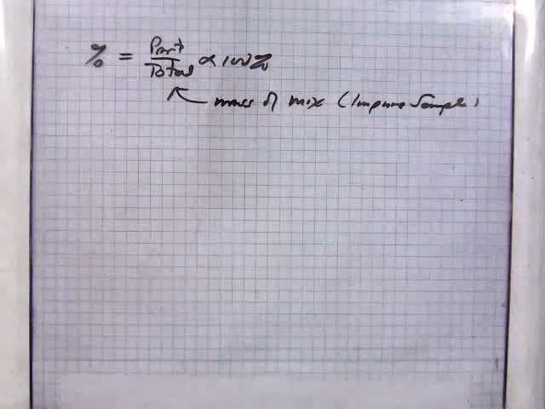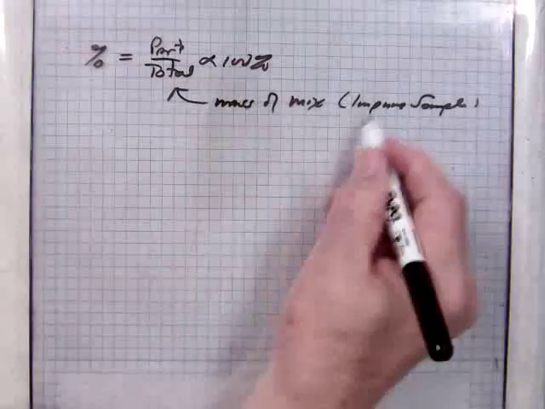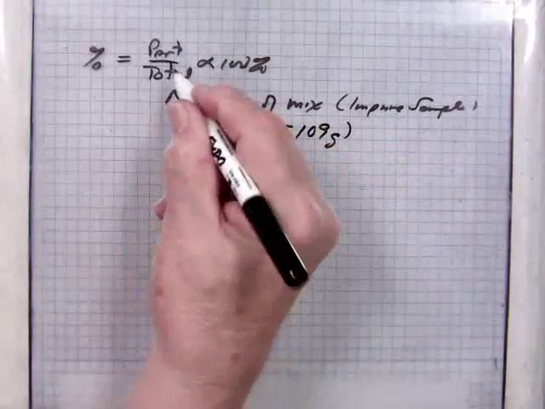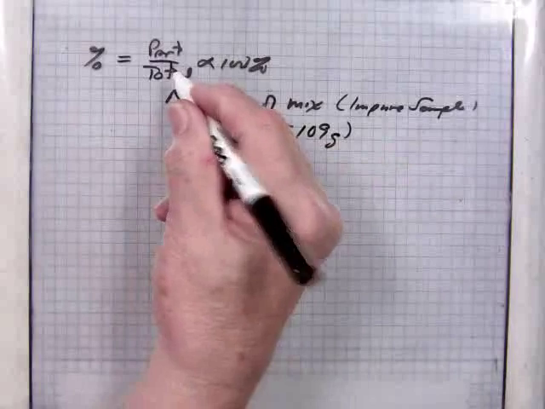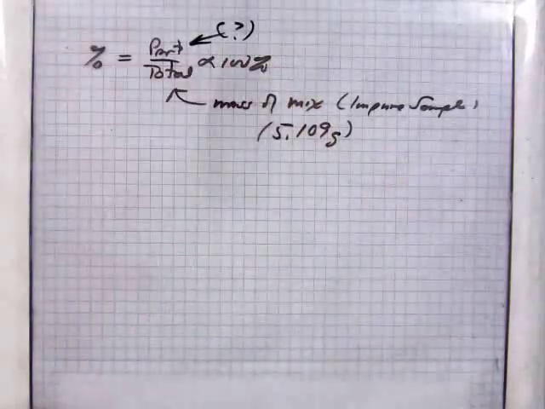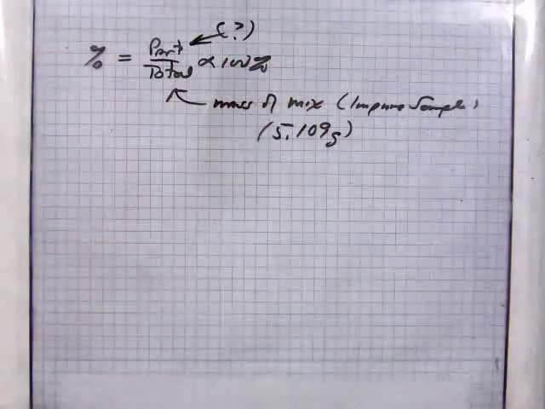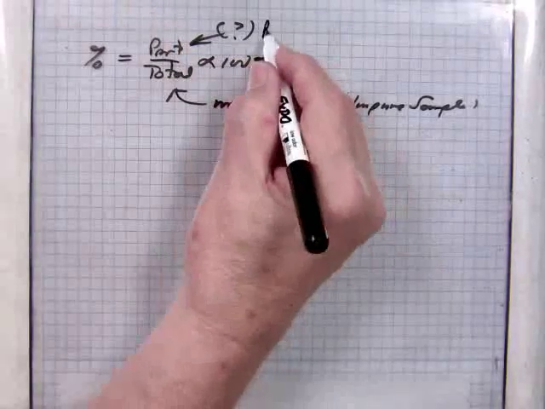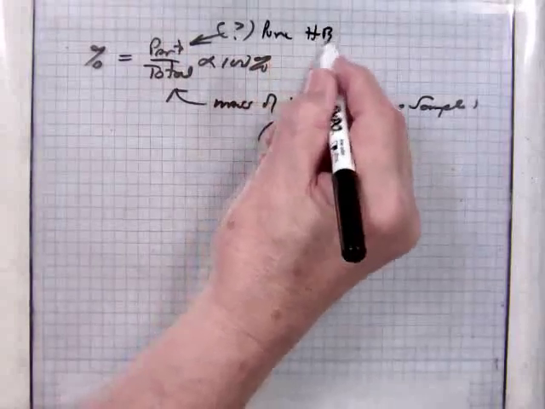An impure sample of benzoic acid is titrated with a 5.109 gram sample. So that would be 5.109 grams is the denominator in that. Now your problem, given the reaction and the data, is to get that part. That's the pure benzoic acid,